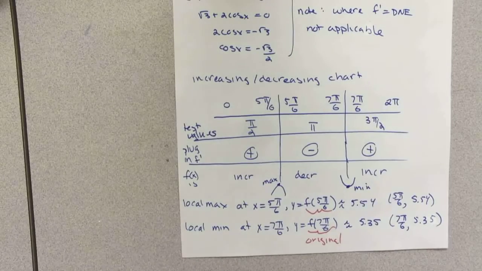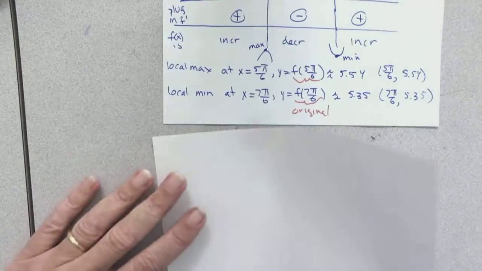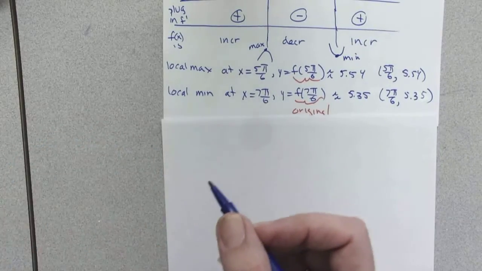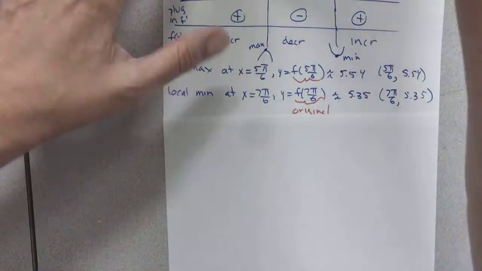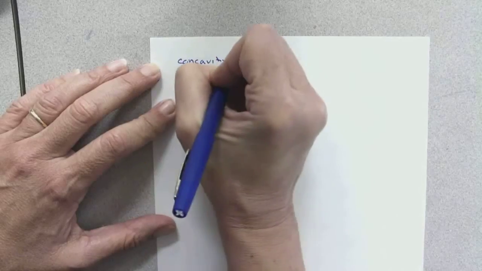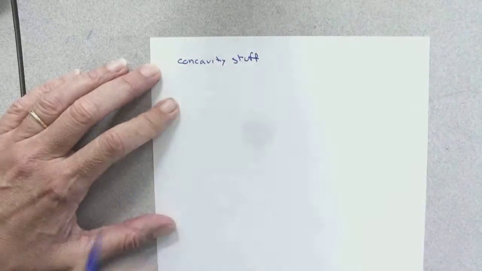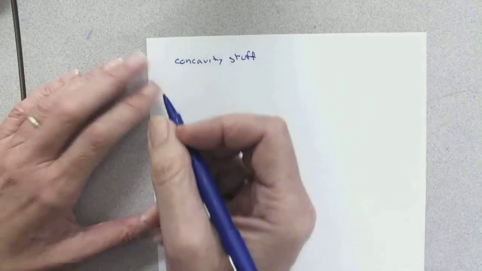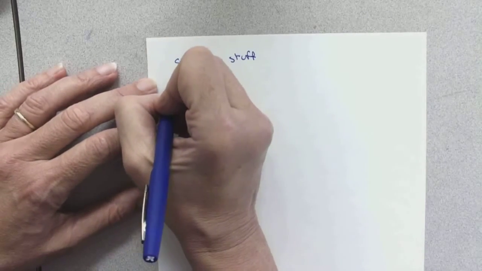Okay, going on to concavity. So concavity stuff. Now let's just get rid of this page here. Concavity stuff. So we start with the second derivative. So let's just recall